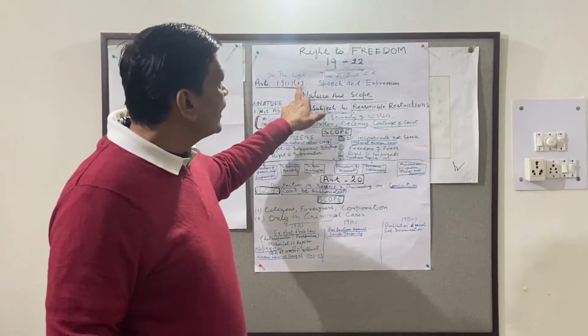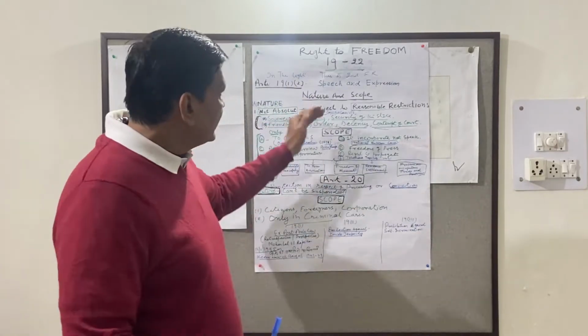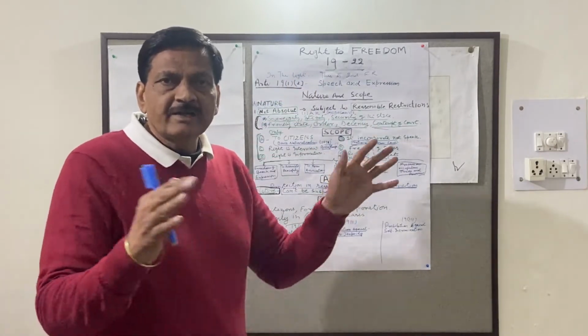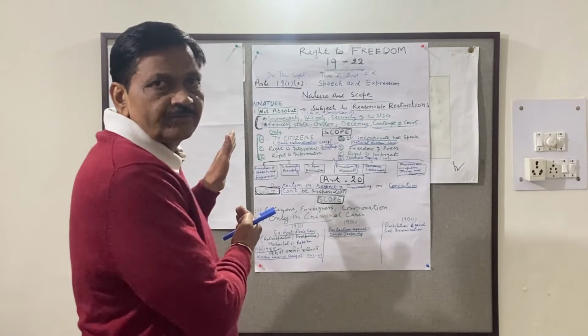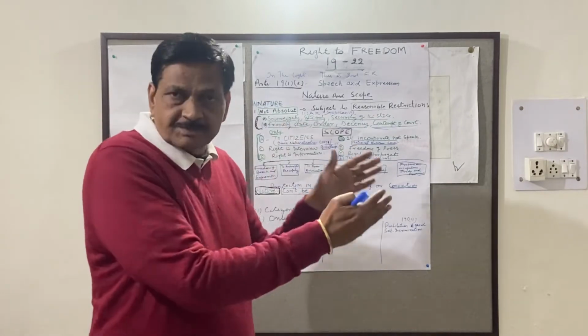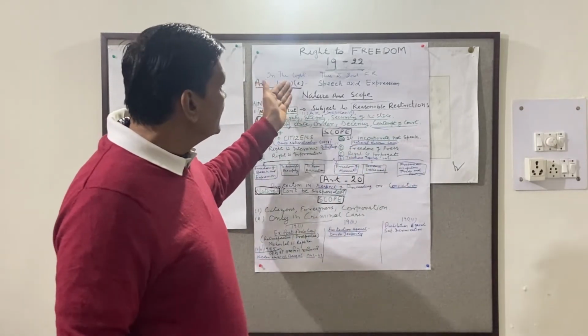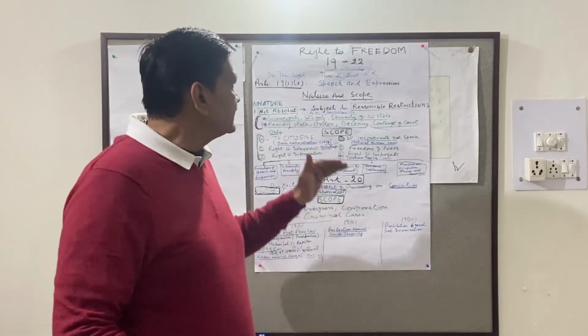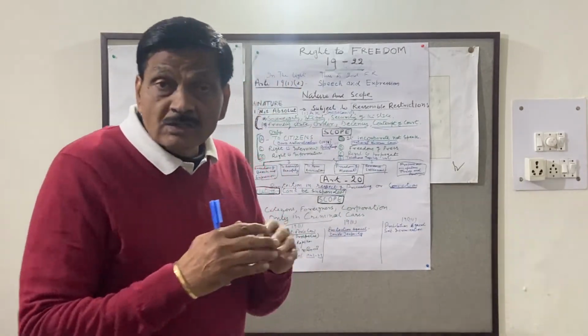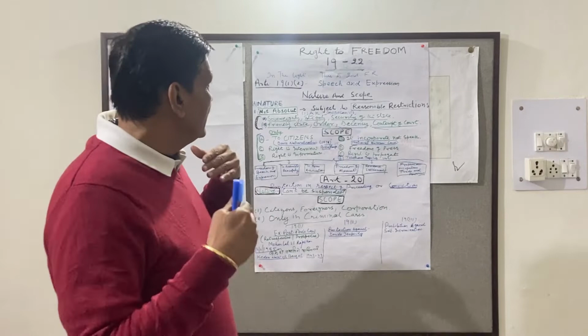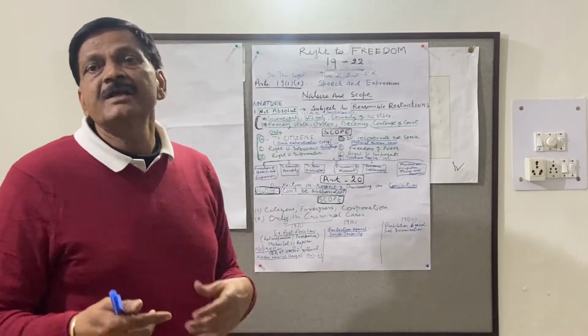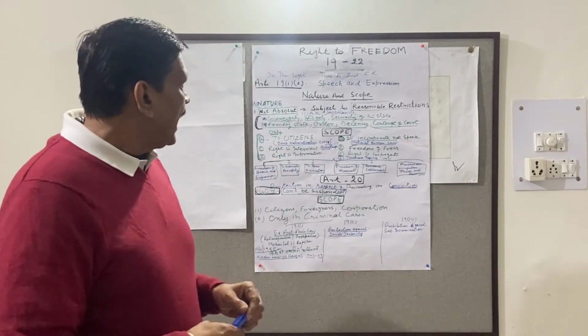Article 19, 1 and 2. Article 19, 1 and 2 specifically mention the provisions of the right to freedom and the exceptions. Article 19, provision 1 clearly states that all the citizens of India have the freedom of speech and expression. Now, how can you